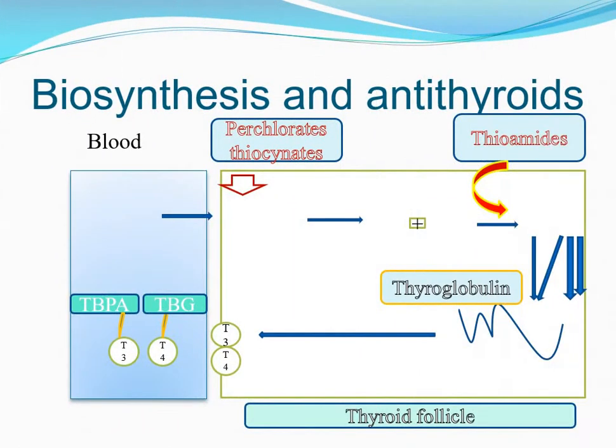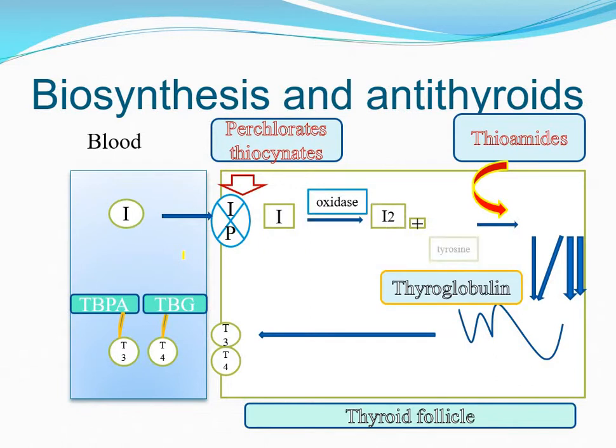Now, what happens at the cellular level once we take food, and from food, the iodine is absorbed into the blood. This is blood, and this is the thyroid follicle, one thyroid follicle. So you see what happens. Then the iodine is taken up through the iodide pump into the thyroid follicle, and this iodide is then converted by the oxidase enzyme into molecular iodine, and this is condensed with tyrosine, which is an amino acid, into